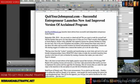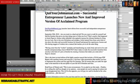So first, publish your press release on the blog before you submit it to any press release websites. The reason for that is that this press release is then seen in Google as the originating source of content for the particular press release. As other websites start publishing the same release, they're published at a later date. Your blog is credited as the original source of content that seems to be going viral on all these other